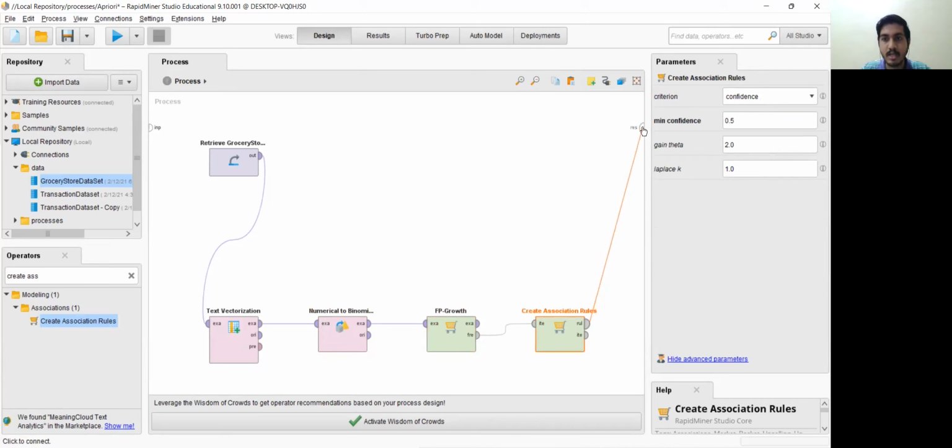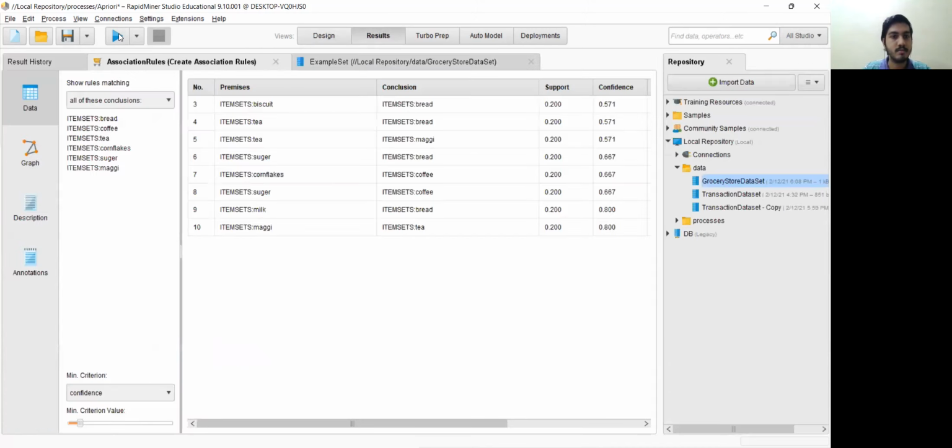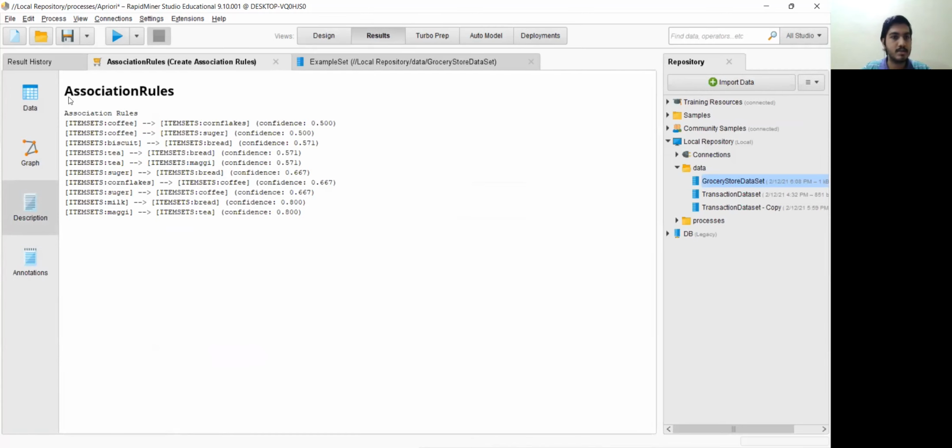Now, let us see the output. Okay, so these are the outputs that we obtain. Let us see the description. So these are the association rules that were formed from the given input. Items like coffee, cornflakes, and coffee, sugar. The one who has bought tea has also bought bread, and so on.